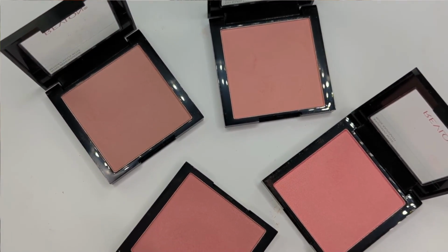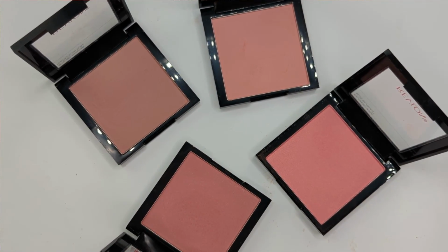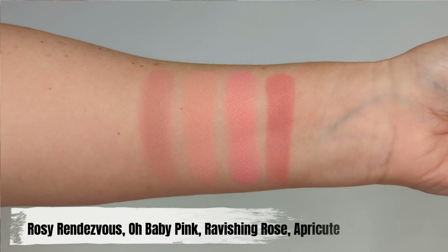and I believe the compact that they used to come in was a little bit smaller, or it was like this shape, but the actual powder itself was only in half the compact, and they've actually made them a lot bigger so they fill up the whole thing, which I really like. And they must have changed the formula because I don't remember actually loving these blushes before, but I tried them again after I saw Risa Does Makeup talking about them here on YouTube, and I had to pick up a couple of shades to try,